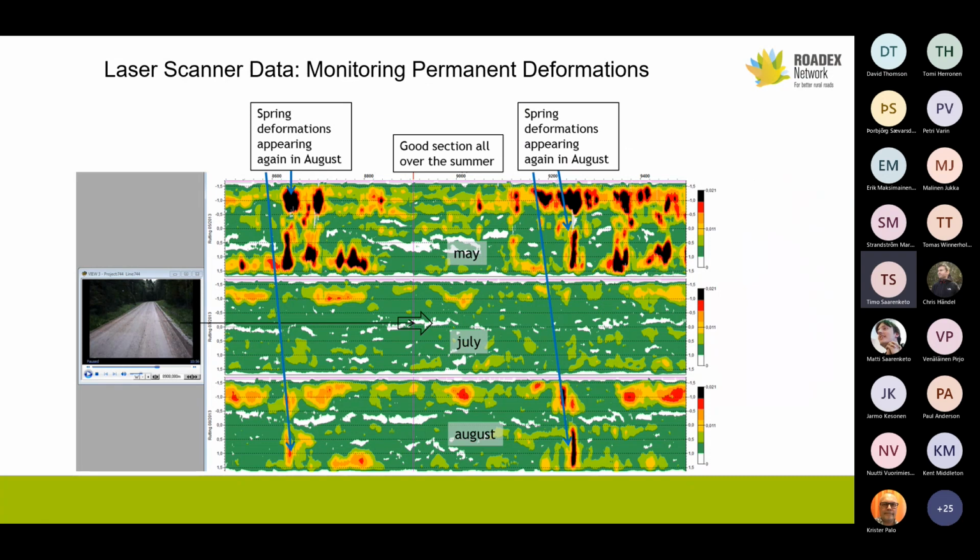Then rutting also, talking about deformations, and of course rutting is a challenge because you have a wearing course and it moves. But this is one older test in Sweden, and I think this is a great example to see where you have bearing capacity issues. This is a case where we measured this gravel road in May, in July, and in August. And in May it was before the spring maintenance. So this is the deformation after the spring,